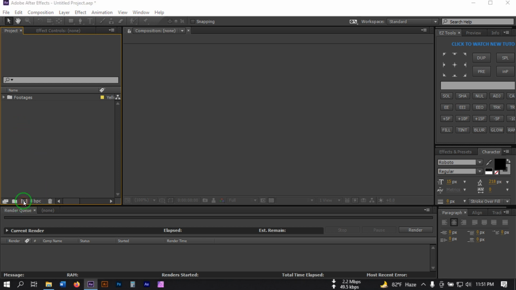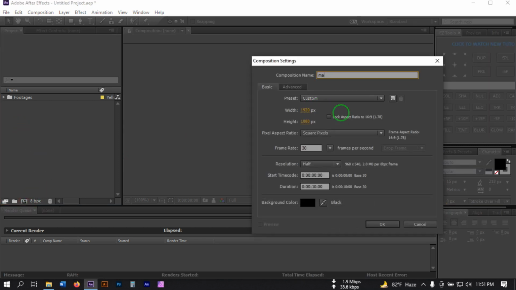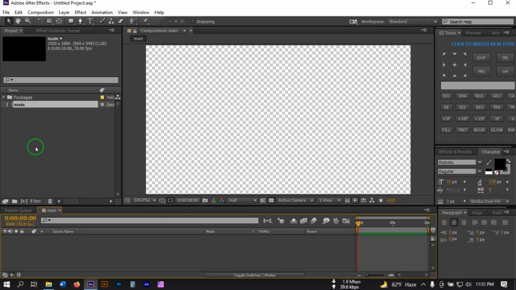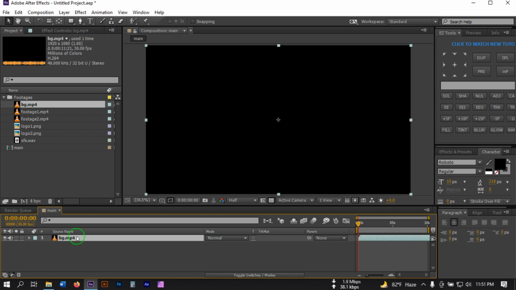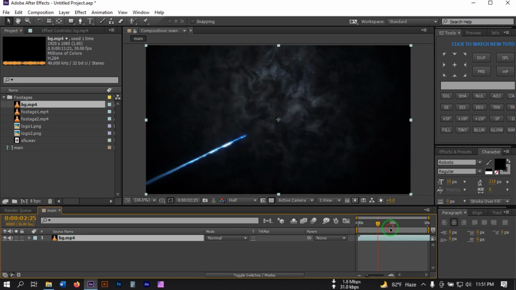Now create a new composition, and I'm going to rename it to main, and I'm going with 1920 pixel by 1080 pixel and 30 frame rate per second and duration 10 seconds. Now click OK. Now from photos folder, let's drag the background to the timeline. So this is our background photos,